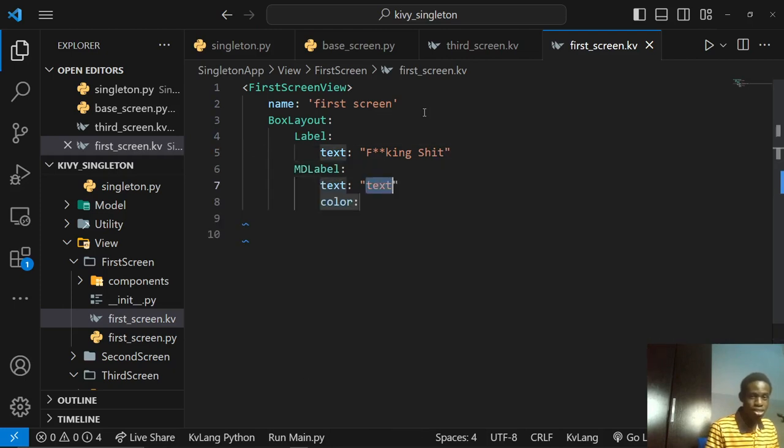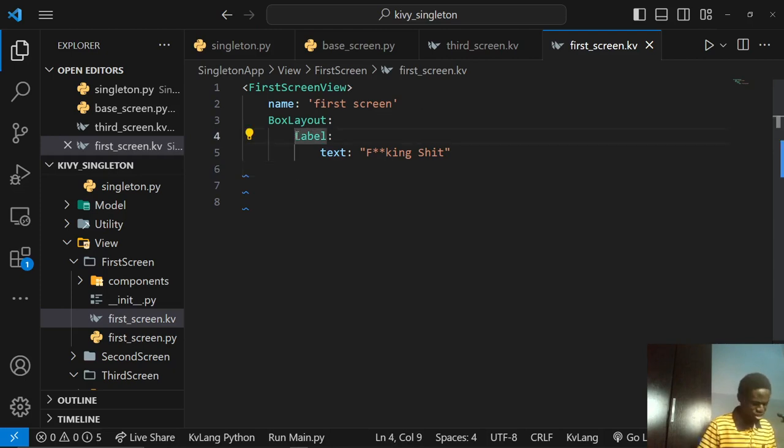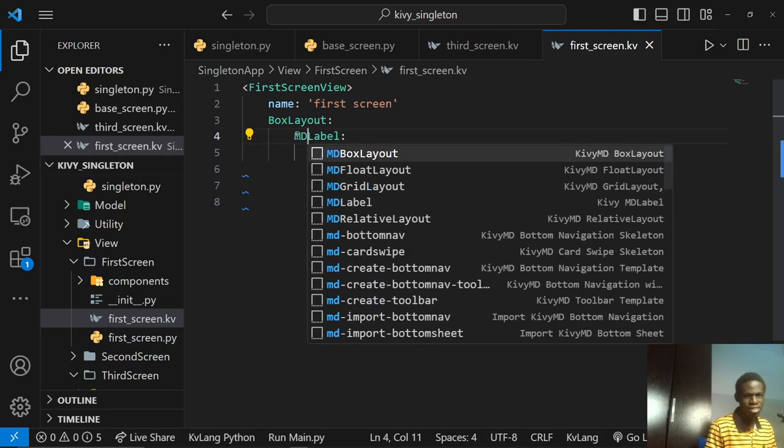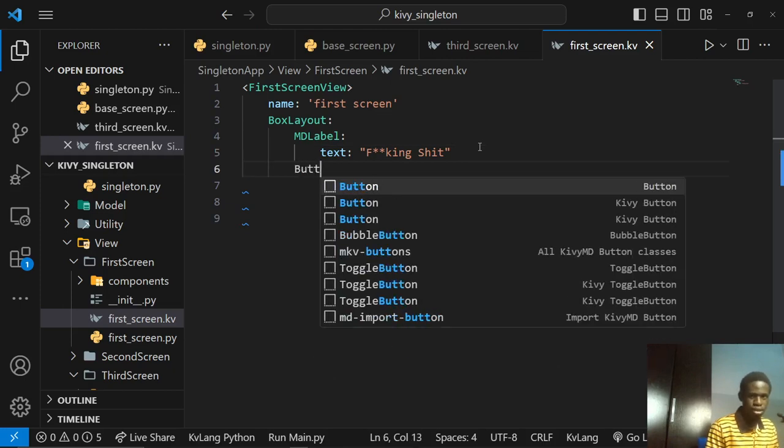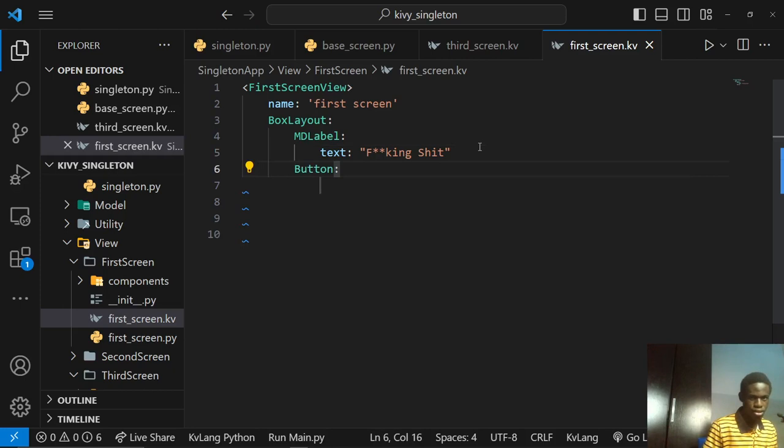Then I'm going to say button. By default, this label is going to be white. Use empty label. Let's not deal with colors. I'm going to create a button down here. And I'm going to call this button